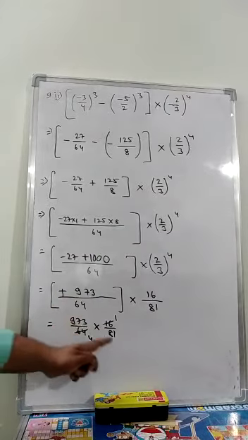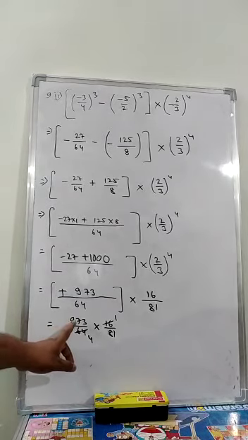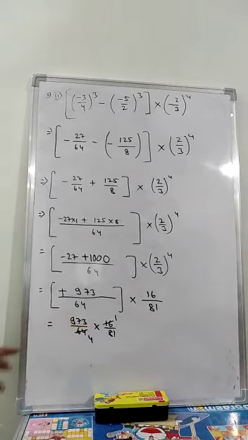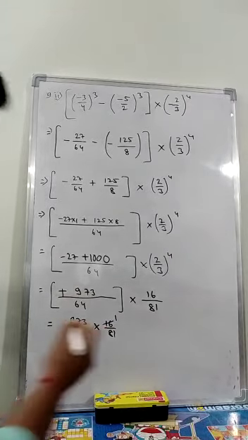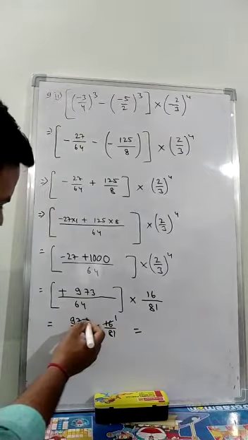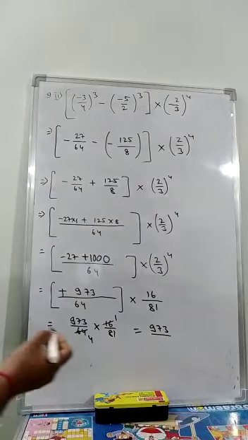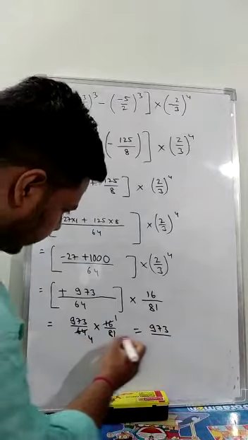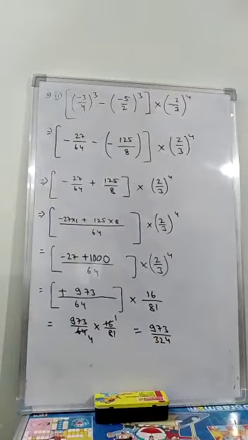Now will this be cancelled? So see, the divisibility test of 3. According to the divisibility test of 3, here 9 plus 7 is 16, plus 3 is 19. 973 will not come in the table of 3, neither will it come in the table of 9. So this will become how much? 973 into 1, it will be 973 divided by 81 into 4. So 8 1 4 1 is 4, 8 4 is 32. So we got 973 by 324.